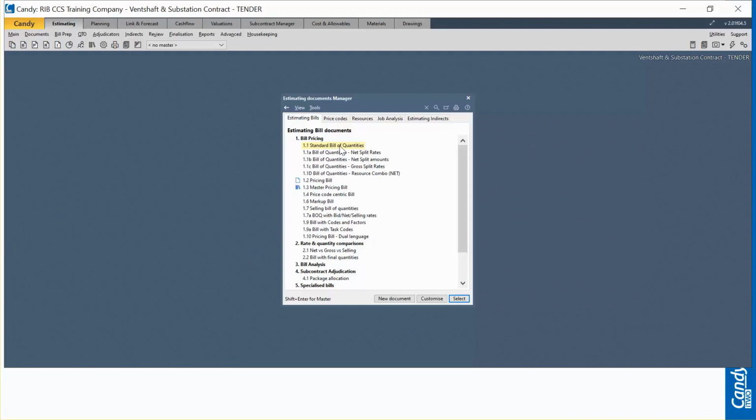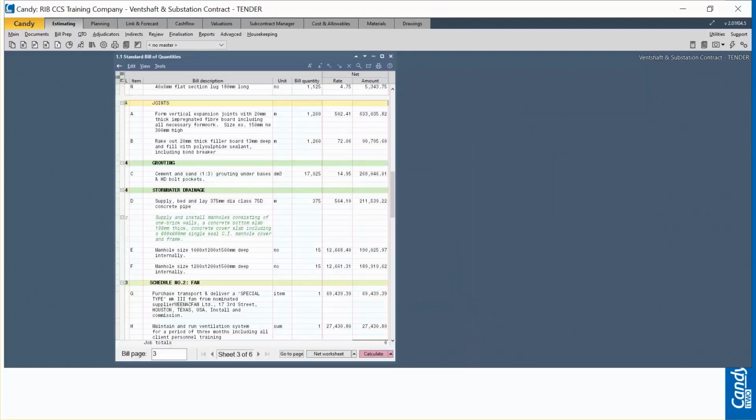And I want to show you the standard layout of that document. So this is how my standard bill of quantities layout would look like without any customizing. So you can see that I have my bill description, unit column, bill quantity, and then I have these essential 2 columns where I can actually work out the rate, and the net amount will be automatically calculated for me. All right. So now if I were to swap documents to show you how the net split rate looks like,